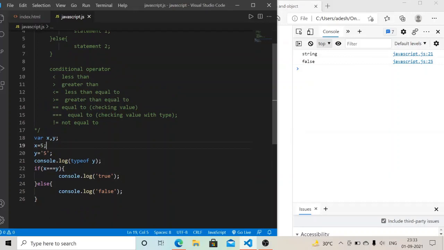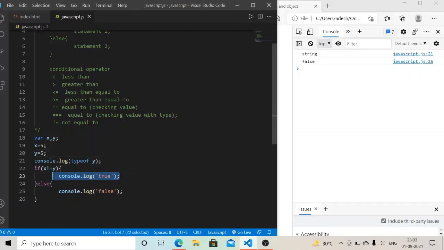And the last one is the not equal to conditional operator. It means if your value is not equal, then it returns true, or otherwise it returns false. So if I set this file and make it a number here, you can see that my 5 is equal to y, but I give the condition if x is not equal to y, then it returns console.log true.